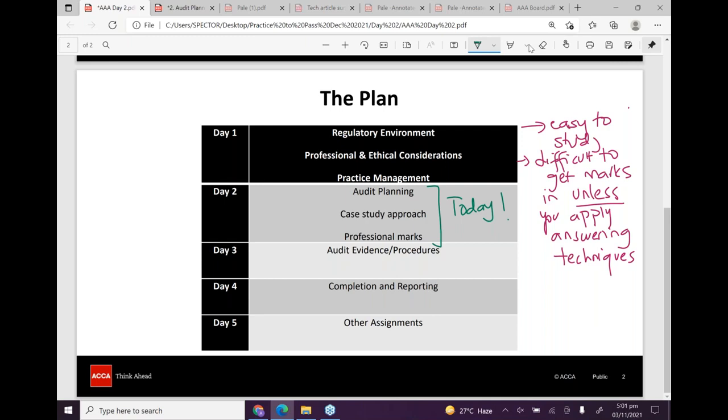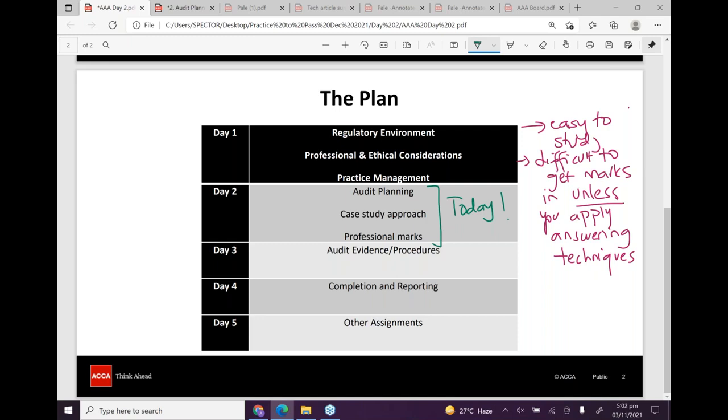So I think the thing that you should have learned from yesterday's question is we need to read the question very, very carefully. We have to make sure we read each line, each paragraph carefully and try and link it to the knowledge that we have. It's always a good idea, in your scratch paper or in a planning part on your response area, to jot down the key areas. So you know regulatory environment includes laws, regulations, money laundering, and then jot down the key areas so that when you're answering these questions, you would know that these are the points that I could potentially be linking my answer